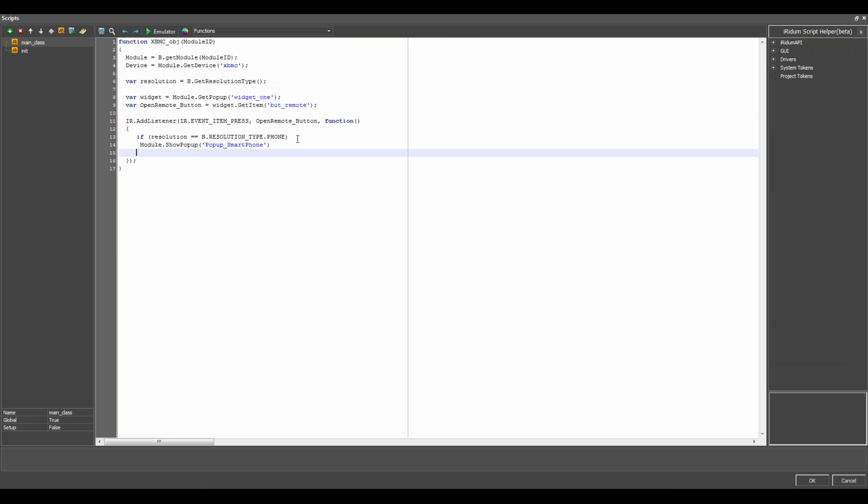And else my module should open the pop-up with the name pop-up tablet.